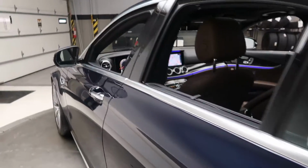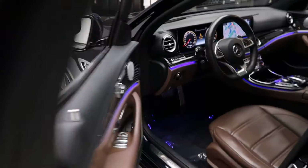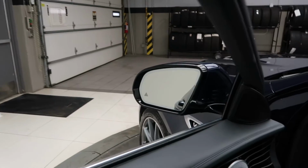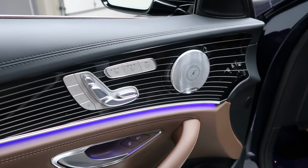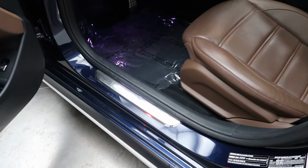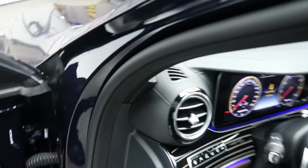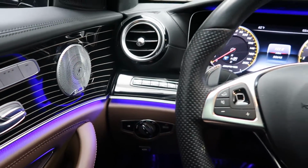premium 3 package with active blind spot assist, Burmeister sound system, heated and cooled seats, memory seats, AMG illuminated door sills, driver's assistance with speed limit assist, Distronic,